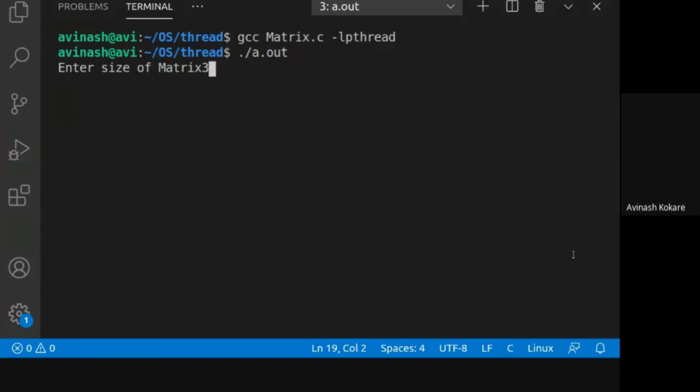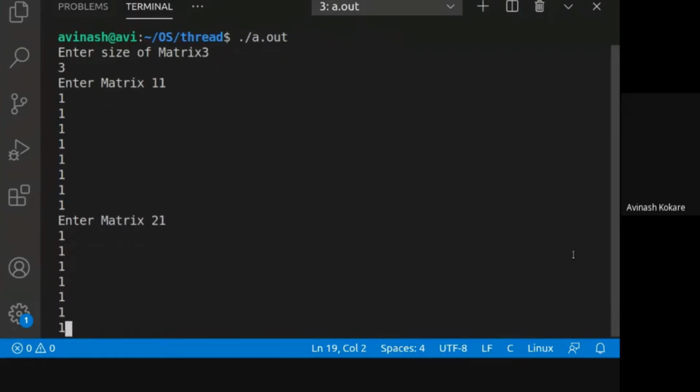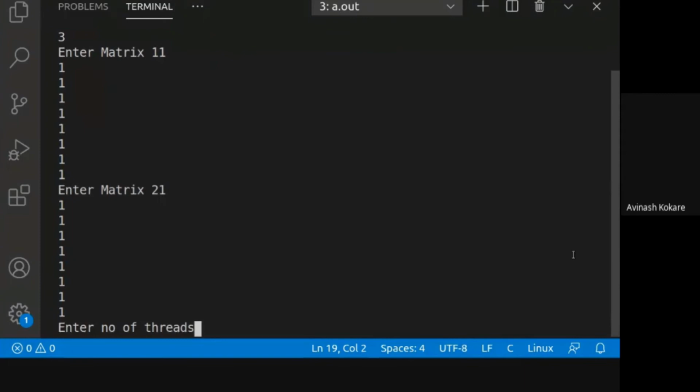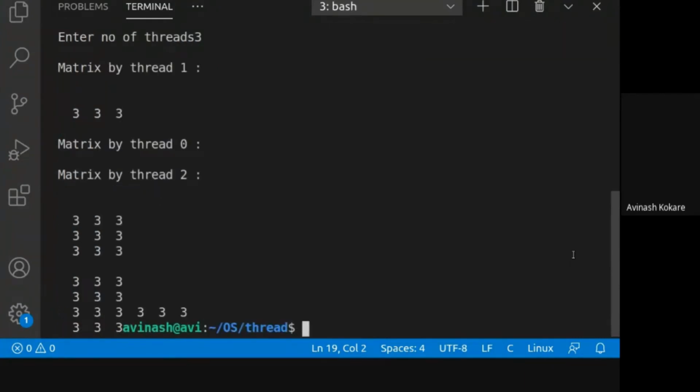Size of matrix, 3 rows, 3 columns. Matrix elements 1 to 9. Second matrix 1 to 9. Number of threads, let us take 3. Now this is your output.